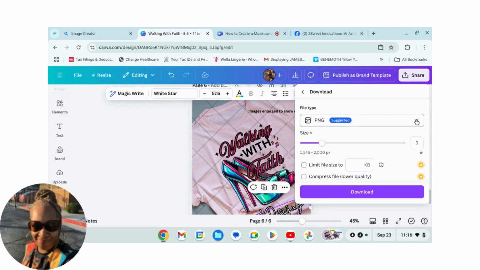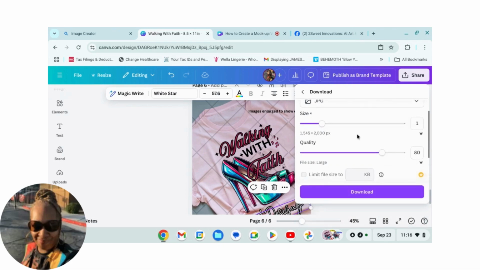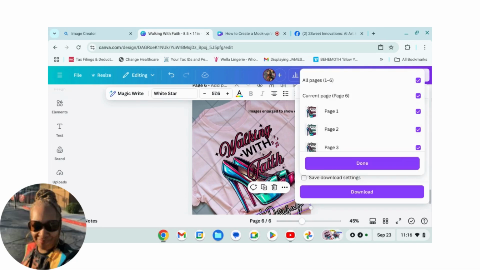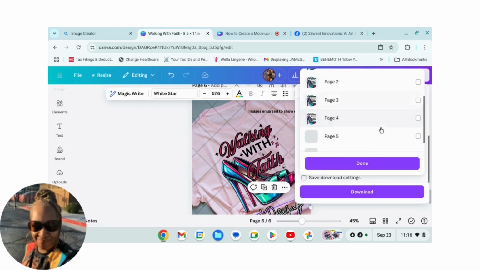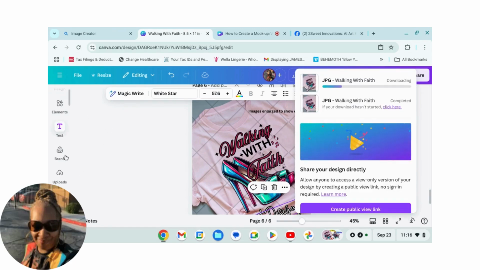So you will click over here on file type. You're going to go to JPG. That's best for sharing. And make sure you only share the page that you want to share. So when you click on share, show pages, all the pages are checked, but I want to show the current page, which is 6. Make sure you scroll down and you're sharing the correct page. I'm going to click done, and then I'm going to click download. And once I click download,